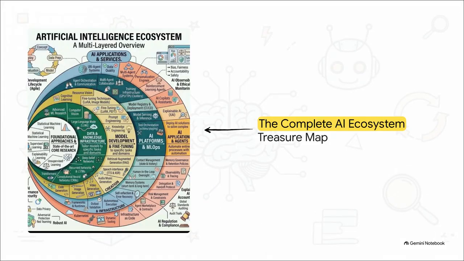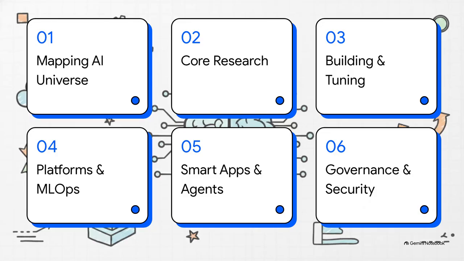framework. Okay, so here is the complete artificial intelligence ecosystem map. Now, I know what you're thinking. It looks overwhelmingly complex at first glance, but promise me, you won't panic. Rather than looking at this as a tangled web, we're going to act as your guide and explore how this maps out incredibly logically. Think of this entire ecosystem like a highly organized factory pipeline, where every single piece has a specific place and purpose, literally from the core mathematical research all the way to the smart apps running on your phone right now. Here's our game plan for today.